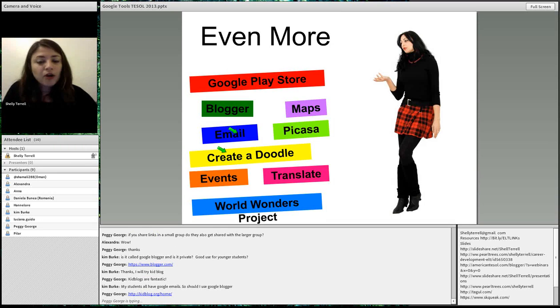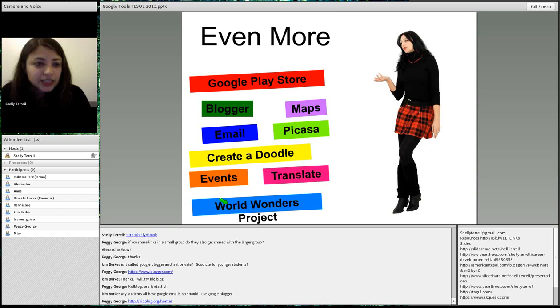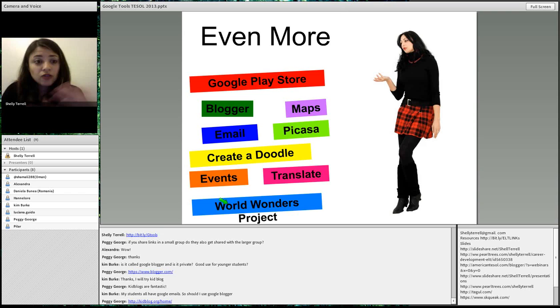Create a doodle. It's a project where students all over the world get to make doodles. You can create Google events. There's Google Translate. And Google Translate just got offline. So this is really fantastic news. It just happened that if you get Google Translate on your Android device, then you can download packages offline. This is so fantastic. You can travel to other countries and you don't have to have an internet connection. You can translate things. Google Translate will automatically translate it, and it's all available offline. I have not found a translation app that does that without you having to pay. But with Google Translate, you can do that and you don't have to pay.